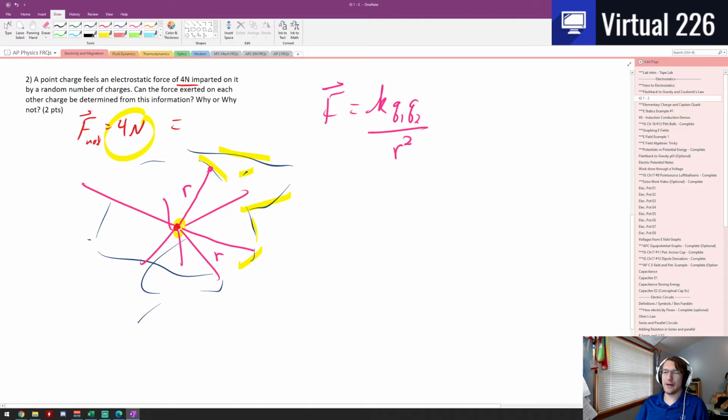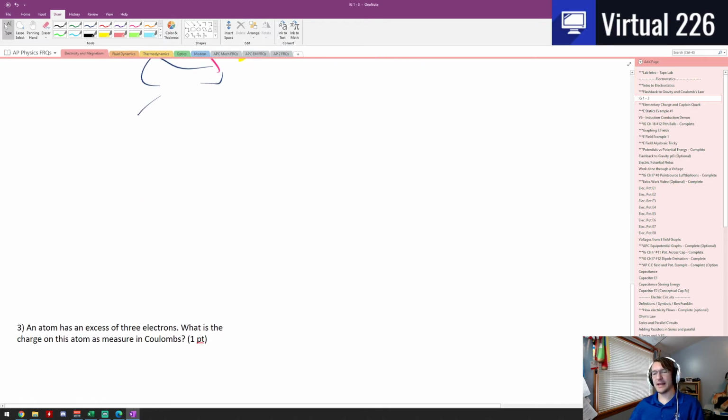So while we happen to know the net force in the middle, to get everything else on the outside, we don't have any of that information. In order to actually figure something like that out, we would need to know n minus 1 terms, where n is the number of charges. We need to know the Q values, and then maybe we need the r squareds. So we need a ton of information in order to solve this. We just can't do it right now. And last but not least,